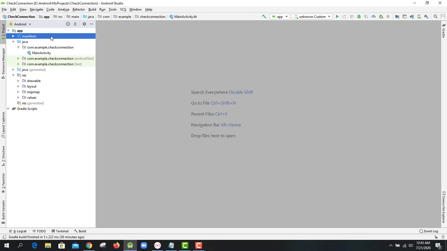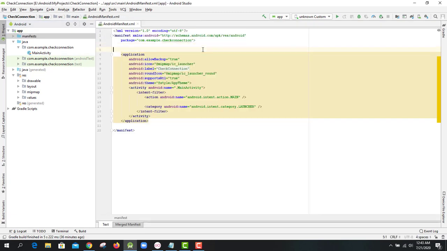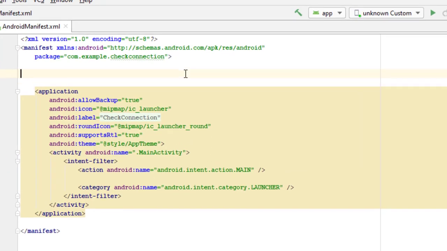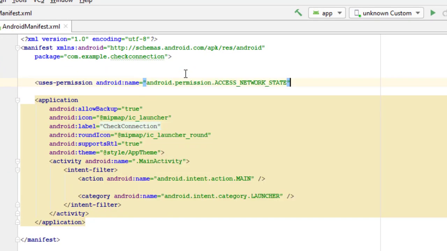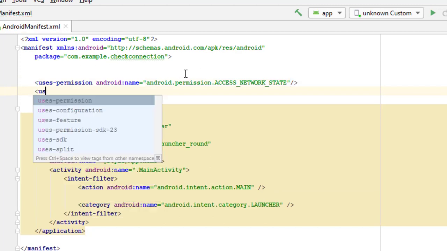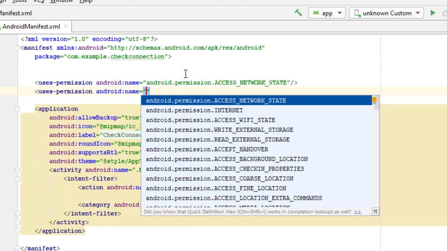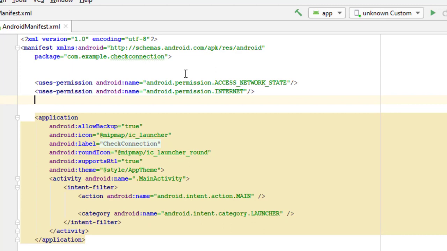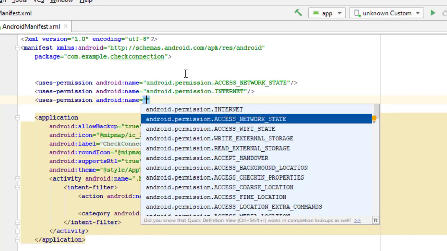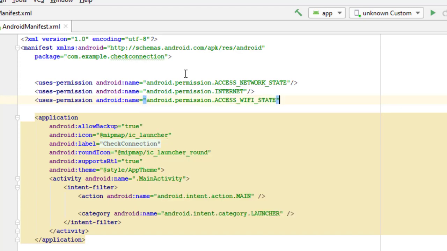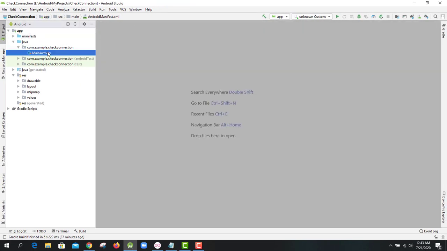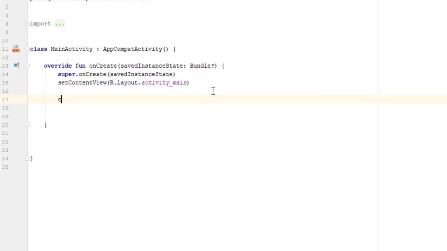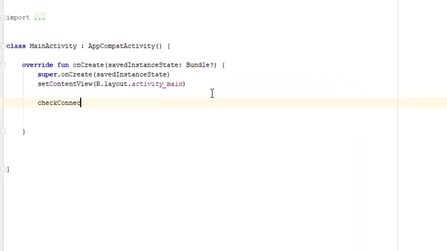First of all, we will go to the manifest folder and here we will add some permissions: the usage permission for network state, the second one for internet, and the third one for Wi-Fi. Okay, after that we will go to our main activity and here we will create a function named